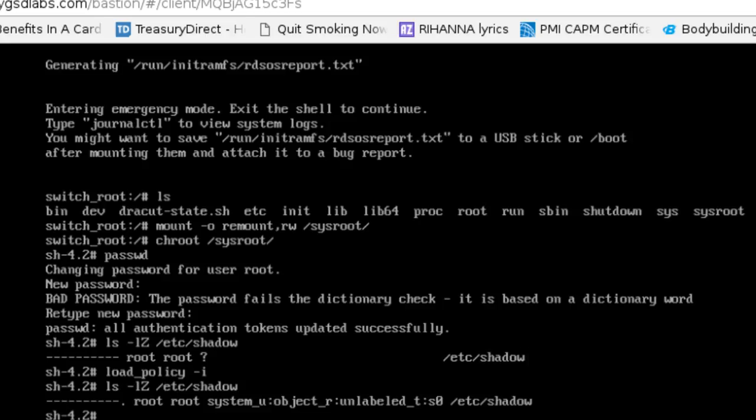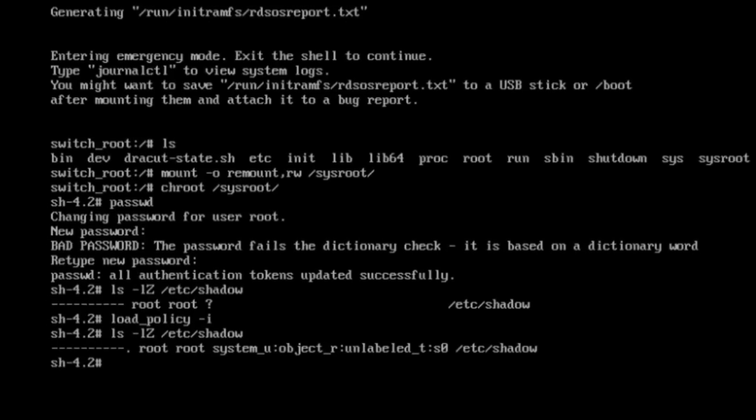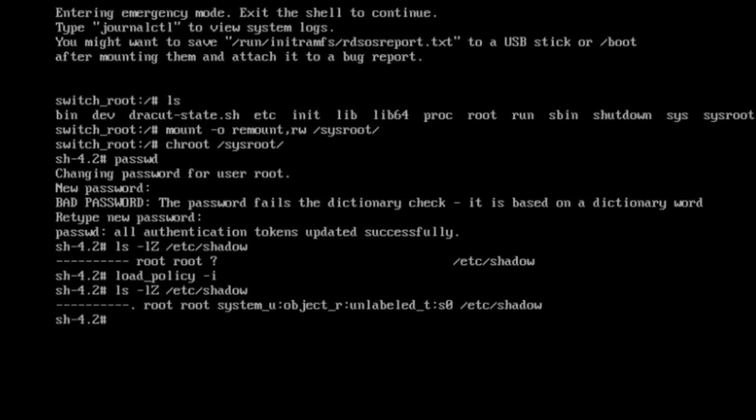And now we see, right? Now we see that the object is... Let me just position this a little better. Now we see the label, and if we look at that line, we see that the etc shadow file is on the wrong label. So the way to resolve this is like we do with SLN, using the restore